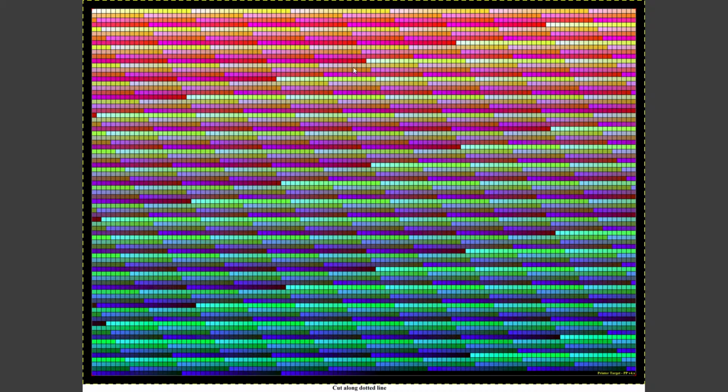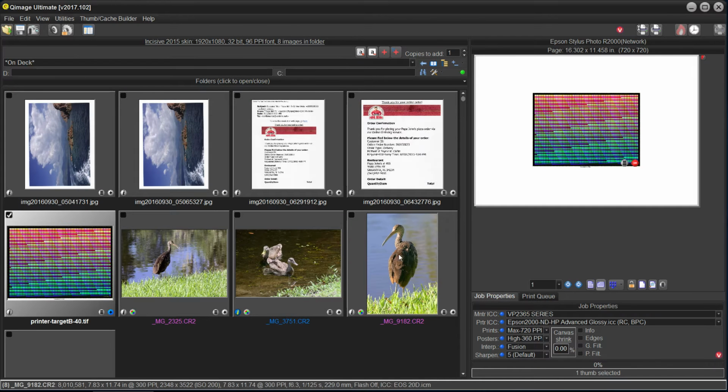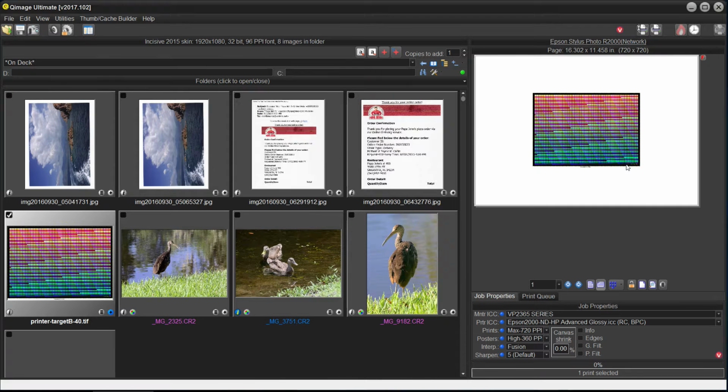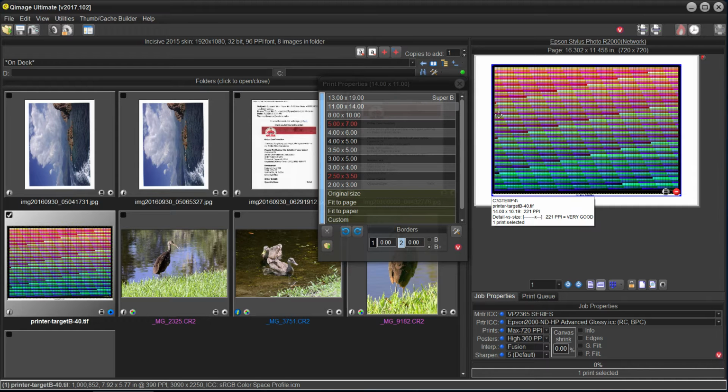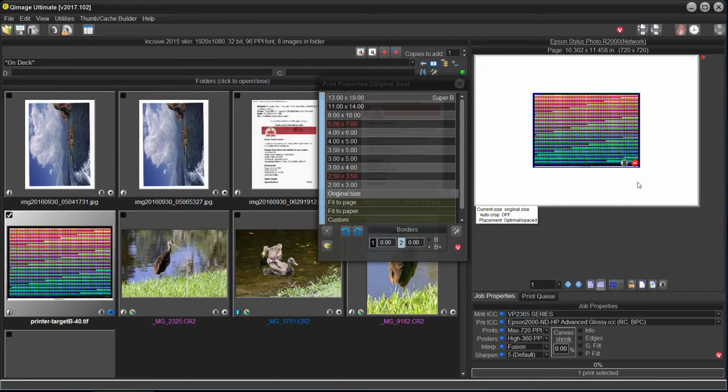You can't just arbitrarily have a different size, okay? Because if we had this thing at, let's say, 11 by 14, all these colors that were here, the reds, are now up here. So it won't match what Profile Prism software is trying to find. So you can see, obviously, that it is imperative that we use original size with something like this.